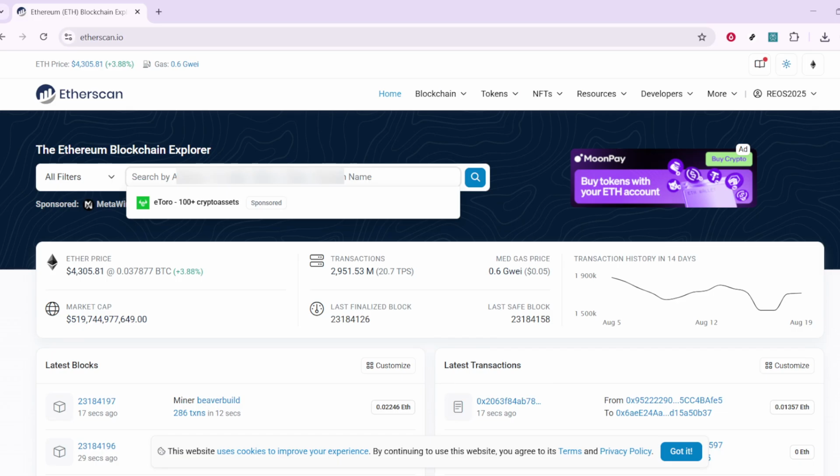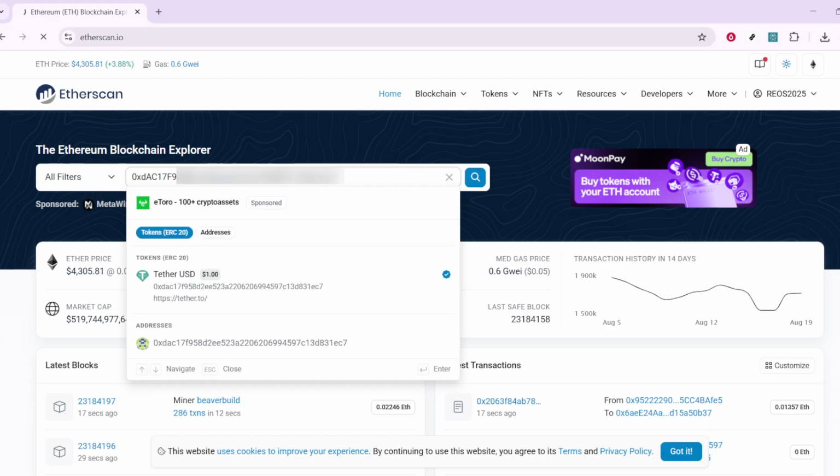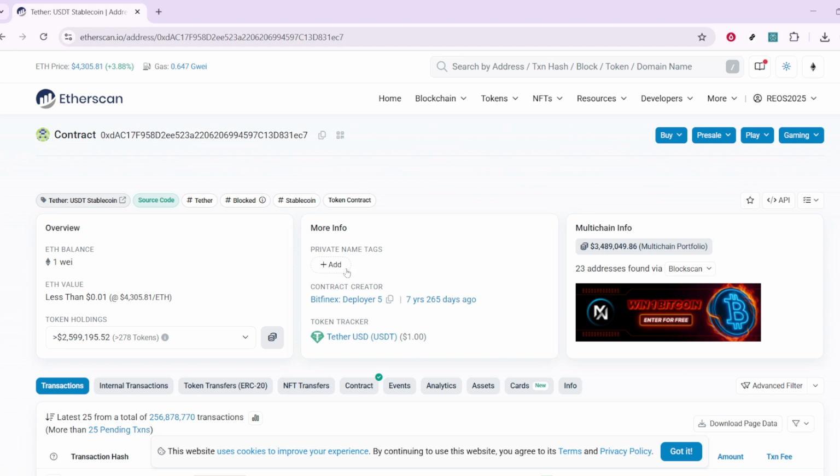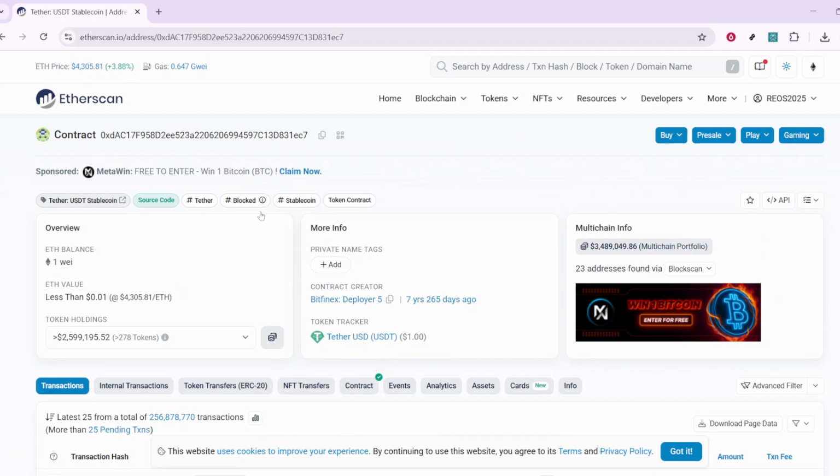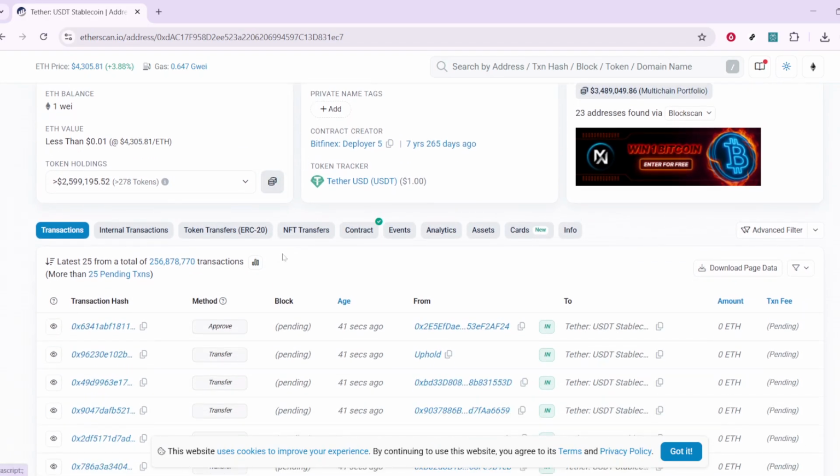The next step involves locating the specific contract you wish to interact with. To do this, you'll need the contract's address. This address is a unique string of characters that acts like an identifier for the contract you're interested in. Paste this contract address into the search bar and hit Enter. Doing so will direct you to the specific contract page within Etherscan dedicated to that particular address, offering various options